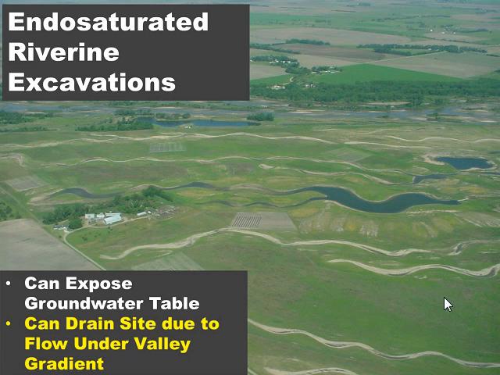There's a very important consideration in systems like this, especially when they get large scale. The valley slope in this part of the river is about 10 feet per mile. And so let's say, for instance, we excavate out a long channel braid a mile long. We have an upper end of that excavation that's 10 feet higher than the lower end, and it will tend to lower the groundwater at the upper end and convert that groundwater flow to surface flow and run it out the bottom end and essentially drain a large area of that valley,